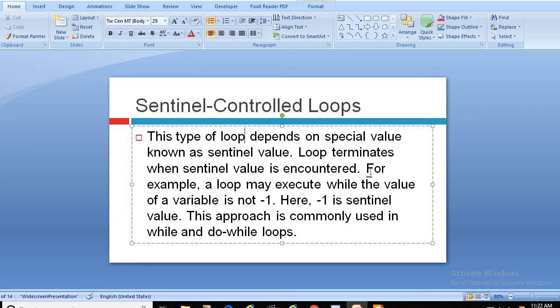For example, a loop may execute while the value of a variable is not -1. Now it is possible that the user does not enter any value equal to -1, so the loop will be executed continuously.